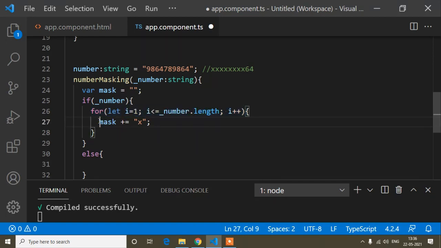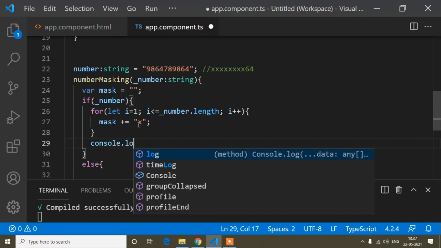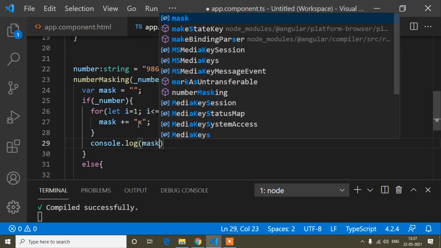Okay, so here inside this loop, when I have written mask plus equals, it will be increased 1 by 1. So plus equals x means inside this mask variable, the x letter will be assigned up to 8 times, because this loop will be running up to 8 digits, I mean up to 8 numbers. So the value of x will be assigned up to 8. Now here if I write console dot log, and inside this console dot log I write mask,